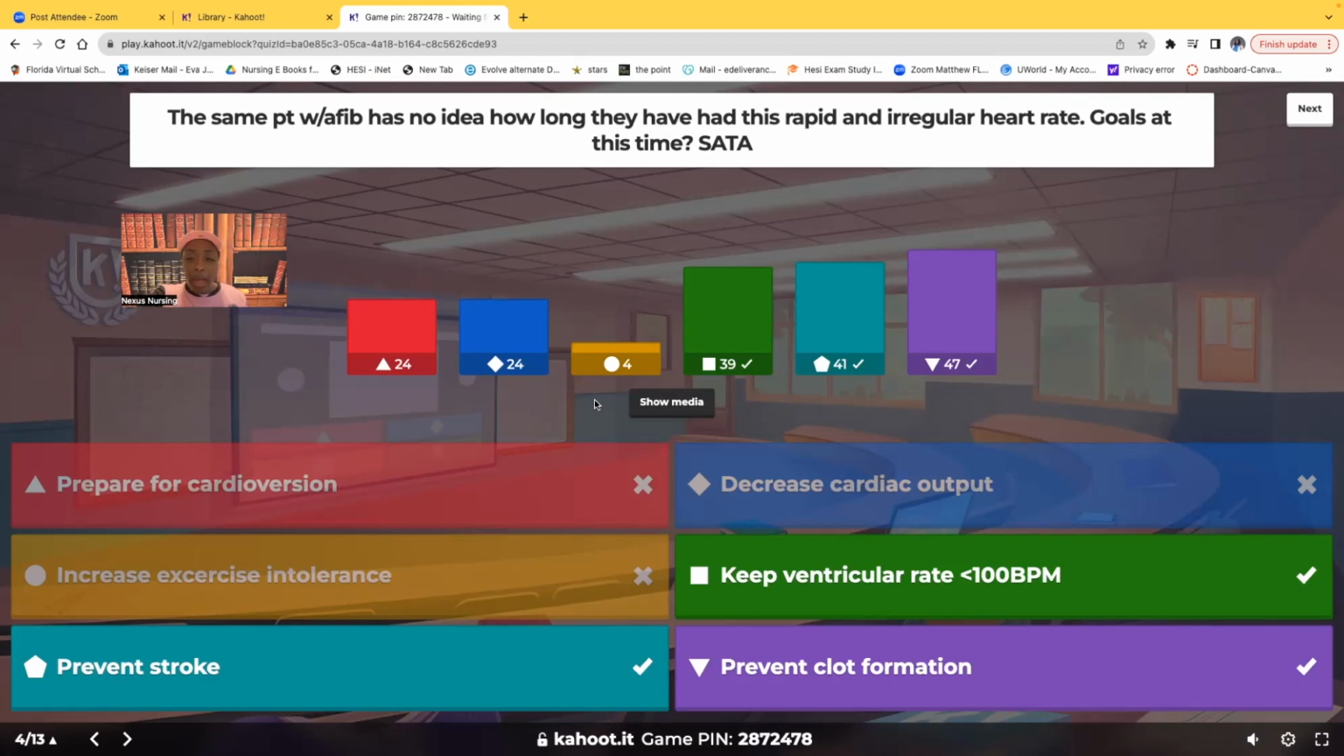Next, decrease cardiac output. That's wrong. How do 24 of you choose decreased cardiac output? That is the whole problem with AFib. When the patient's heart rate is so high, instead of the heart doing this, guys, look at my hand, because I want you to see what my hand's doing. This is the heart. Instead of the heart doing this and pushing out